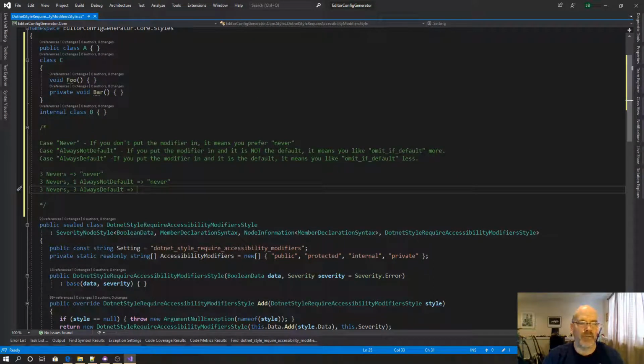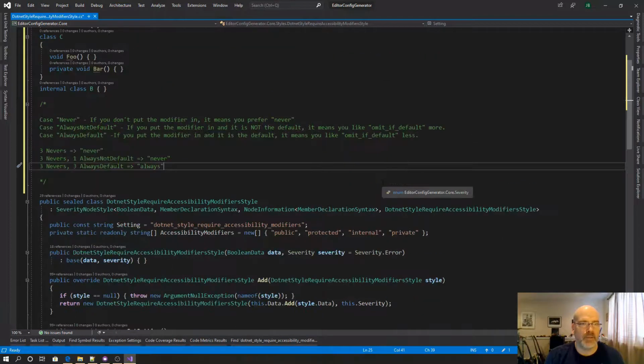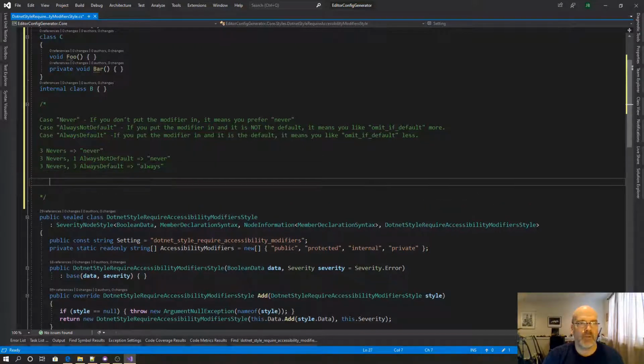I would just default to always in this case, because you really have to pick one, and it probably means that you don't omit it. Then you do. How would I determine if you, let's say I had 3 nevers. Yeah, because if you're putting in like 3 always default,